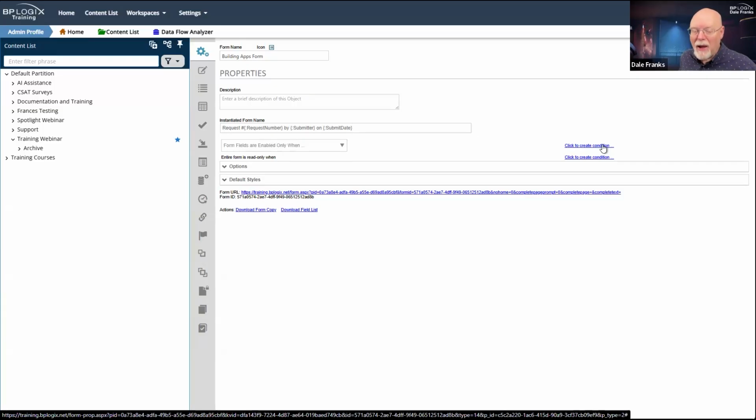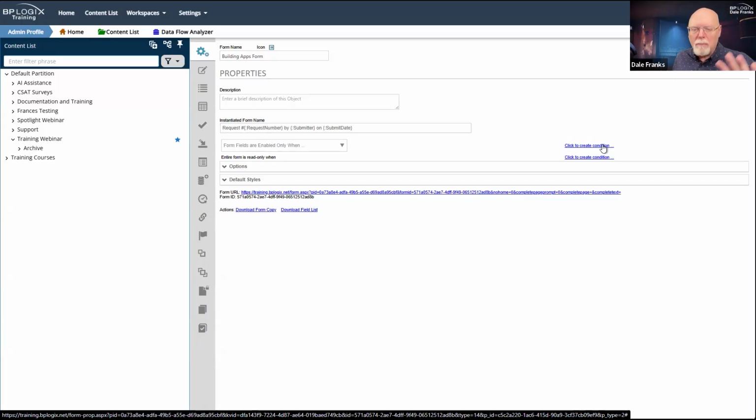I may have, as we looked at last week, another instance where I might want to edit form fields. That's if I want to make the whole form editable. But for the most part, we're going to edit individual fields as necessary while the form moves through the approval process, right?